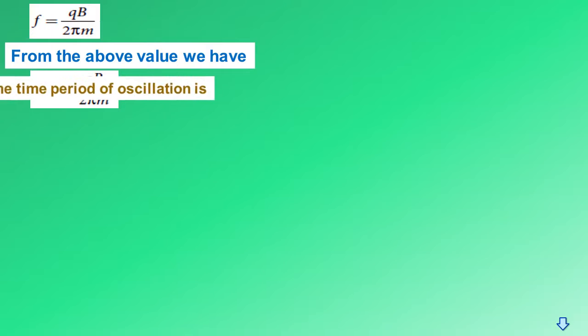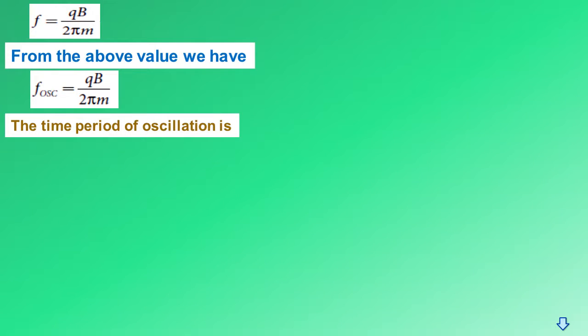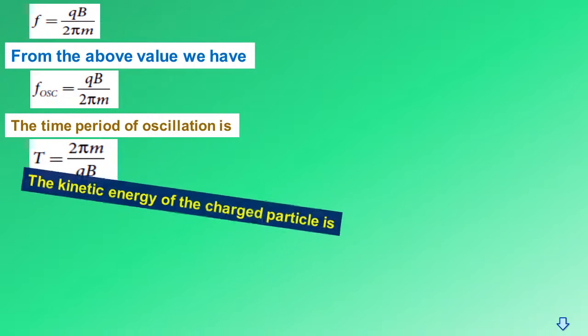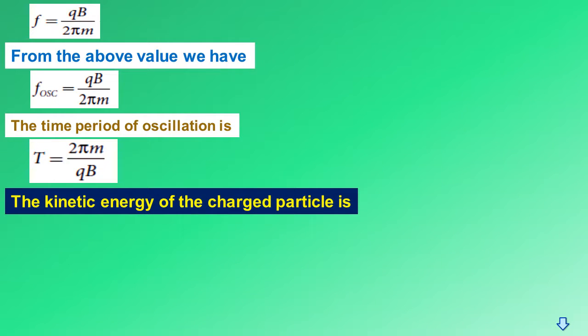From the equation, frequency f is equal to qB by 2 pi m, and from this equation we have f oscillation is equal to qB divided by 2 pi m. We substitute the frequency of oscillation instead of f. Therefore, the time period of the oscillation is T is equal to 2 pi m divided by qB, and from this the kinetic energy of the charged particle is